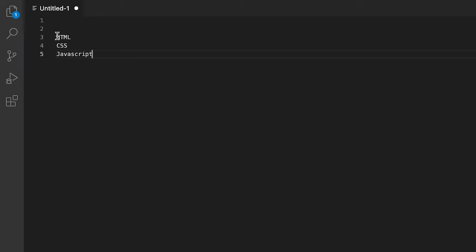So first HTML, second CSS, and third is JavaScript. And after learning these three, we'll have some framework, or you can say library. In that journey we will learn React.js, but first HTML, CSS, and then JavaScript, then we will learn